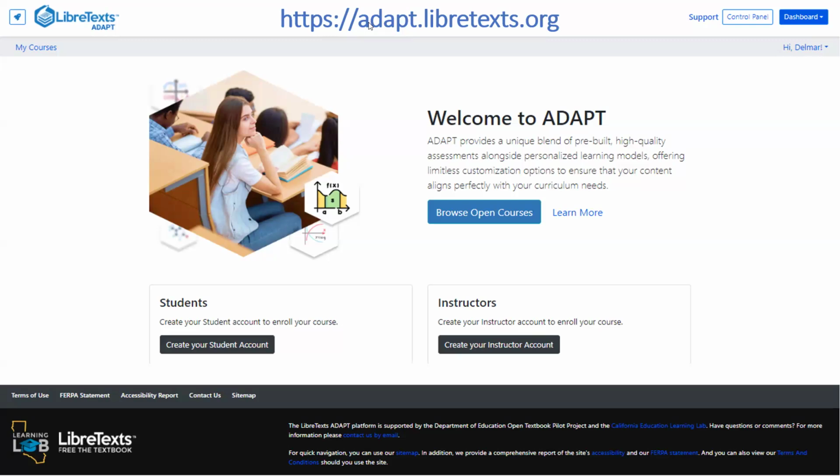You can view it at adapt.libretexts.org, but I gave you a link at the start of this presentation on Launchpad, which is the only URL you really need. When you go to ADAPT, in the lower right-hand corner there's an option to access the instructors. If you click on there, you can proceed with getting an account on the website.